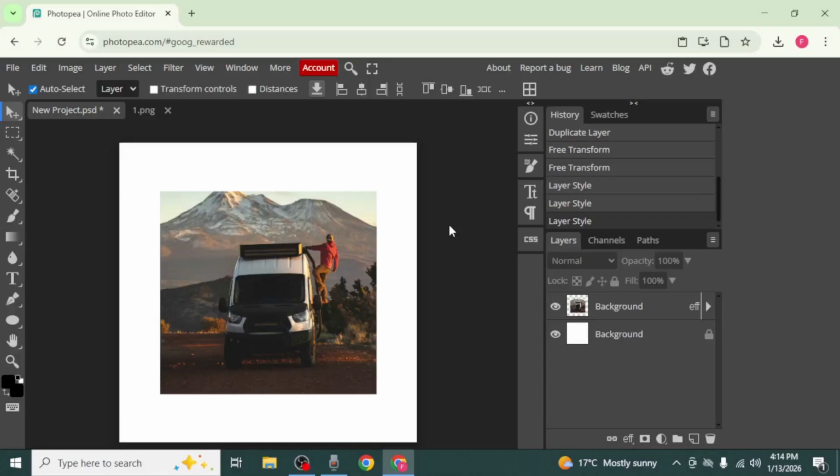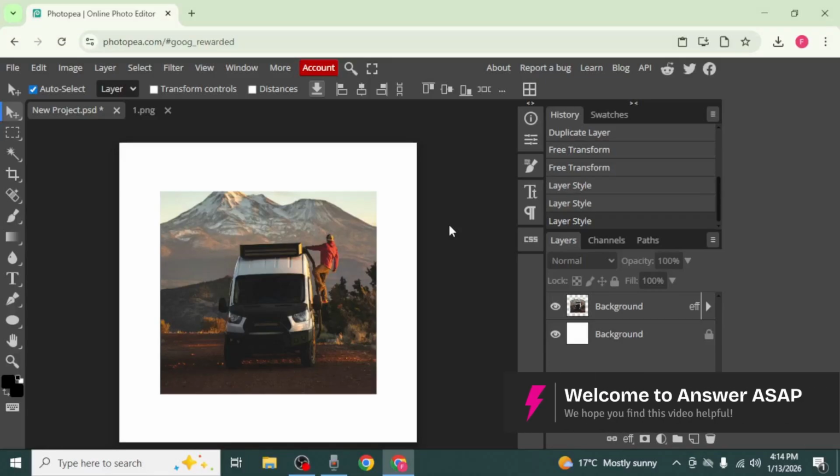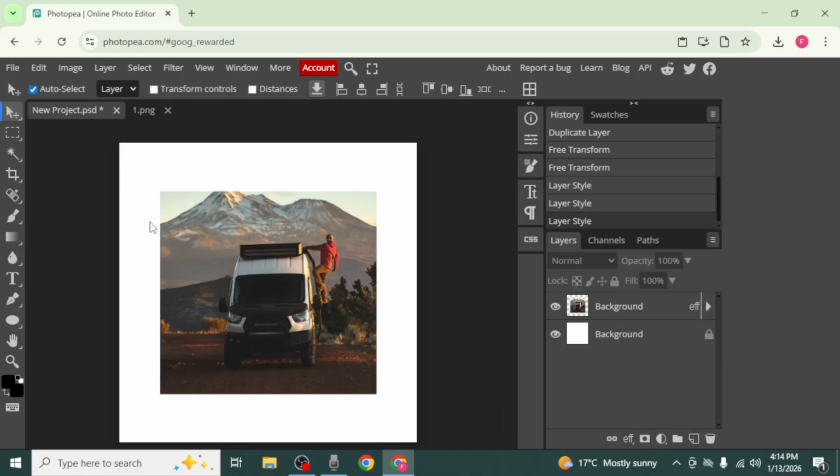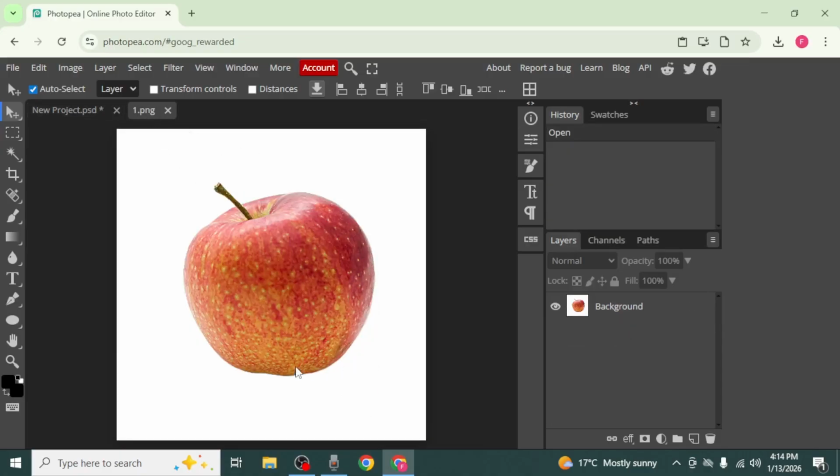In this video, I'm going to show you how to add drop shadow in Photopea. We will first look at how to apply a drop shadow to an entire image or shape, and then we will go through the process of adding a drop shadow only to a specific object inside an image that already has a background. To begin with adding a drop shadow to a full image or shape, head over to your